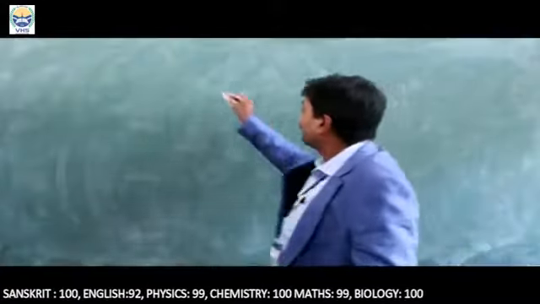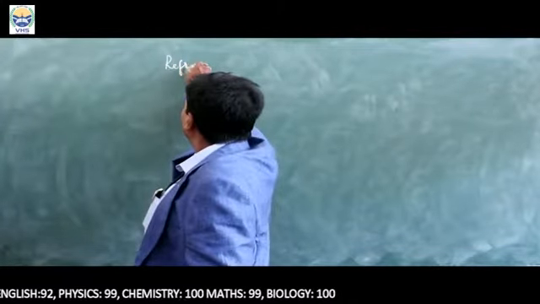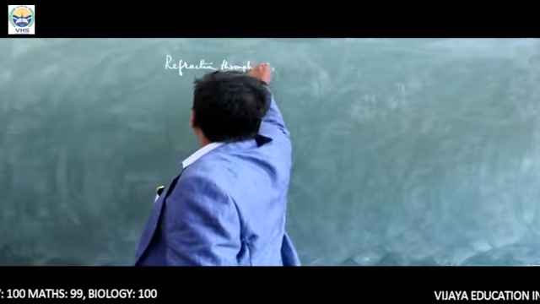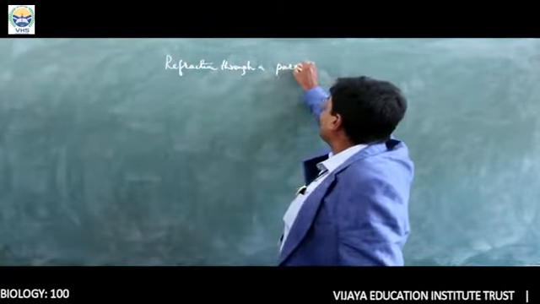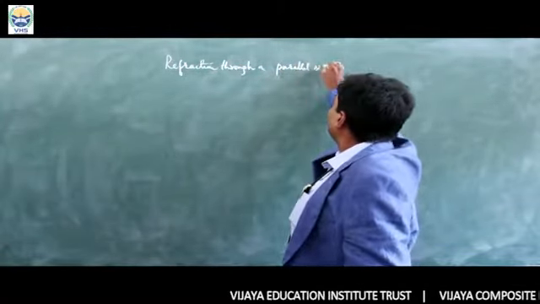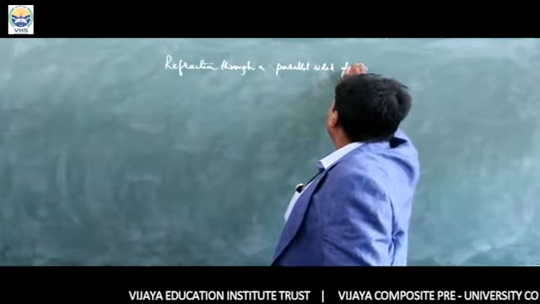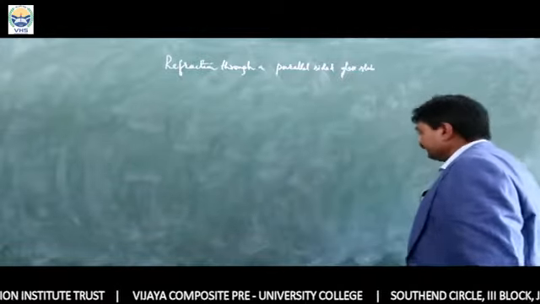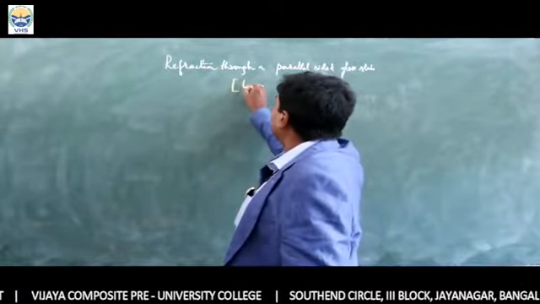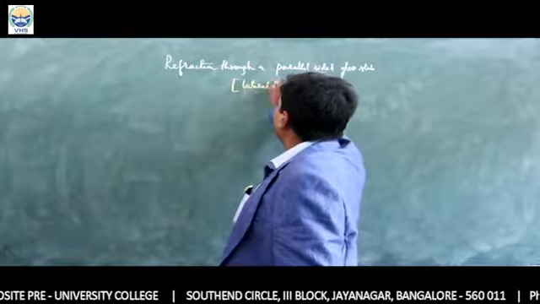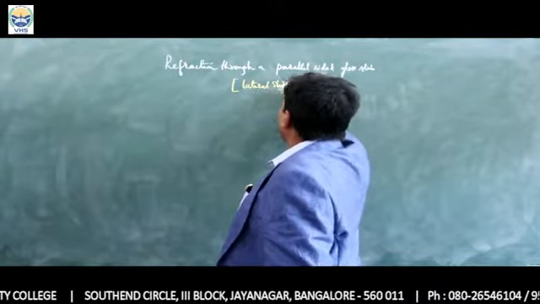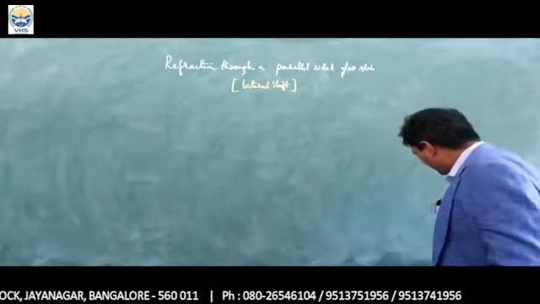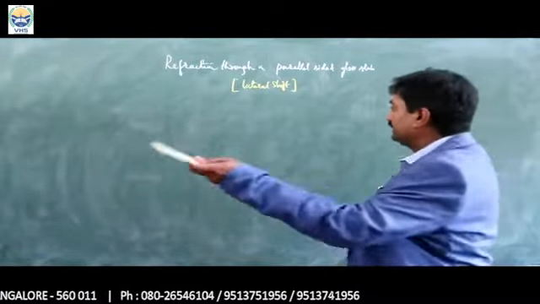Also nothing but refraction through a parallel sided glass slab. In other words, this is known as lateral shift that you can observe when a ray passes through a parallel sided glass slab. Now let me consider